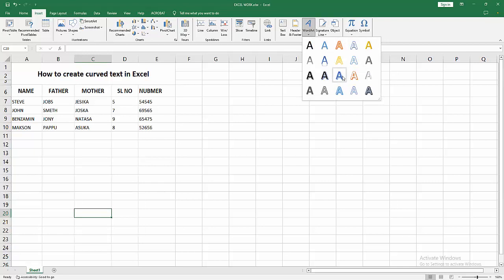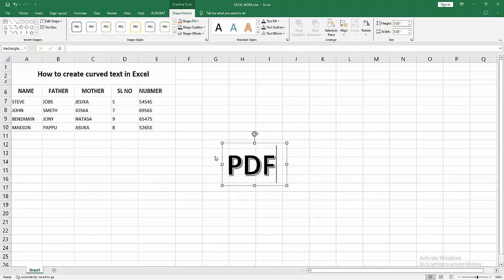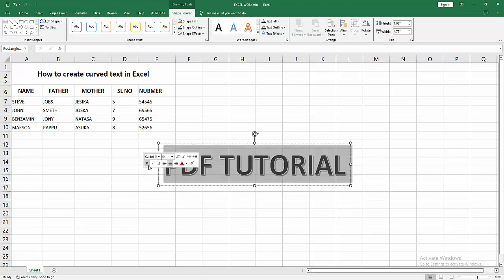Now I choose any WordArt. Now you can select any. Now I select this. Then write anything. Then select the text, click and drag with our mouse, then go to the Shape Format menu, select the text